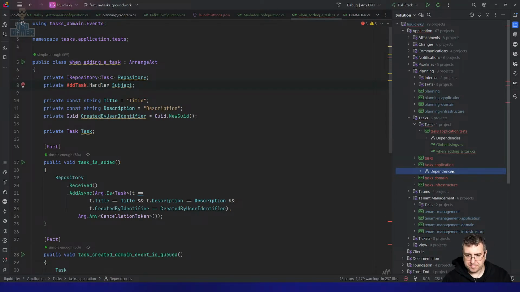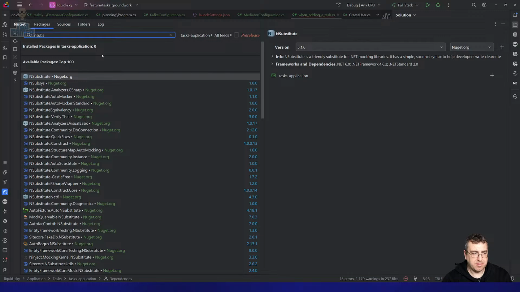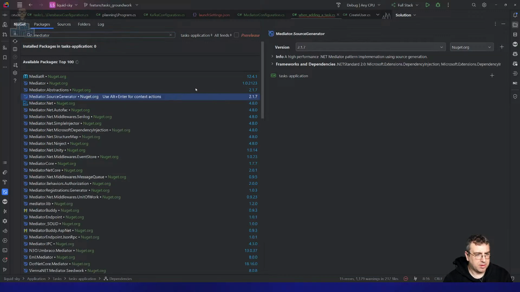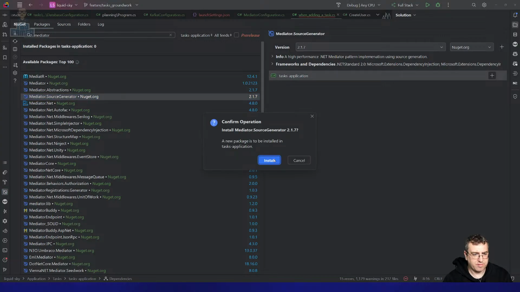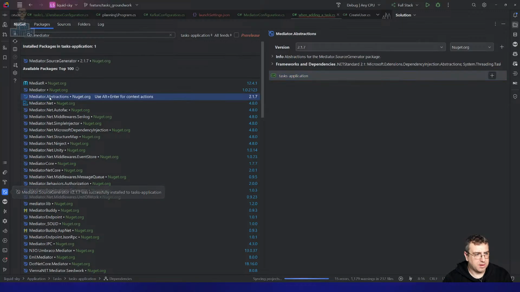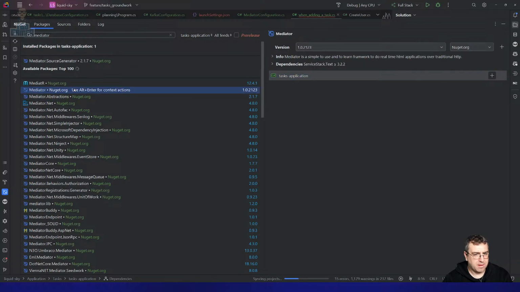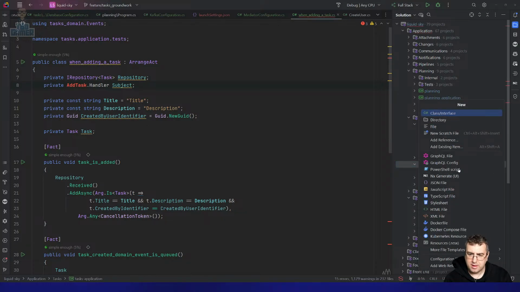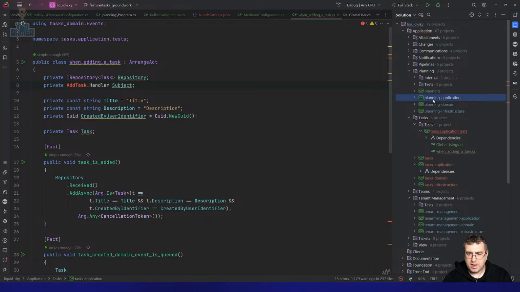That's some good progress. Okay, here we do need mediator. So we need source generator, and I believe abstractions comes by. Yeah. Not to be confused with that mediator. I get the idea of naming your library after the pattern. Okay. So in our application,